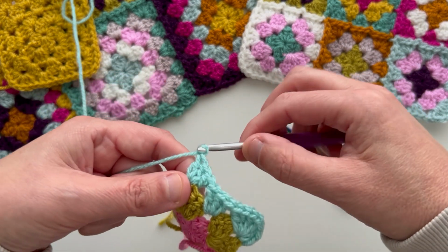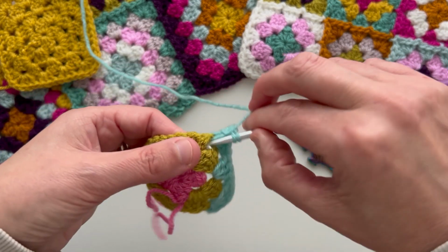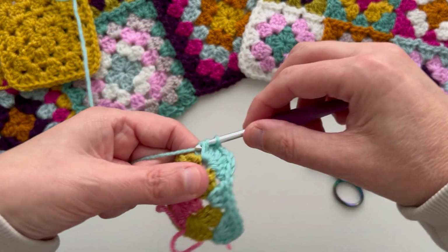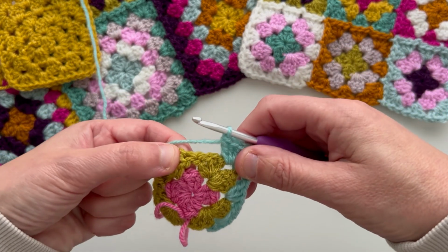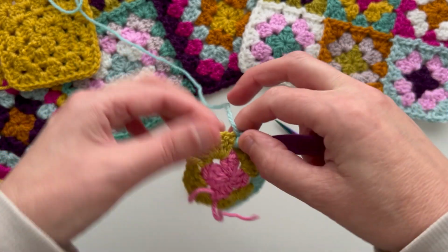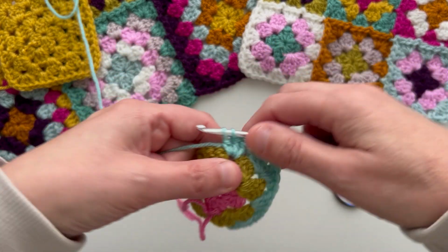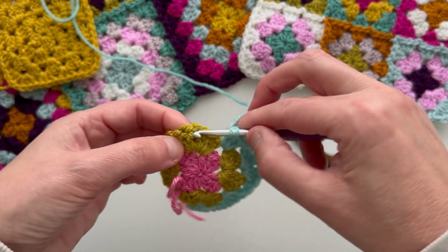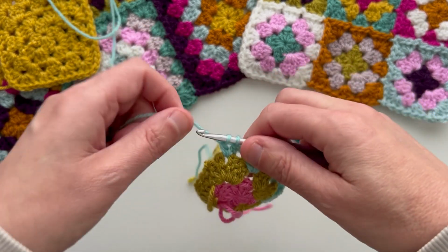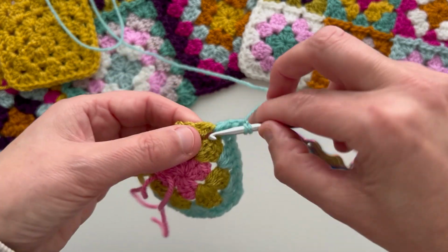one chain, 3 trebles into that space, move along to the next space, which is along the side here, and work 3 trebles into that space. Round to the next corner space and make 3 trebles, one chain, 3 trebles,